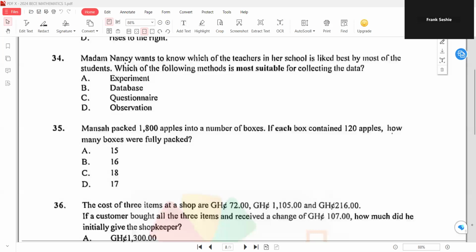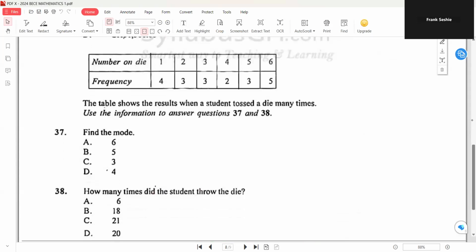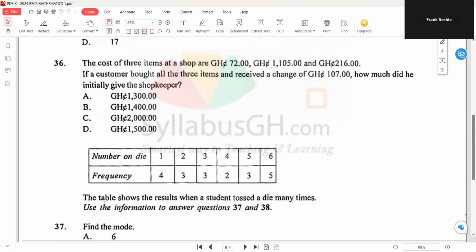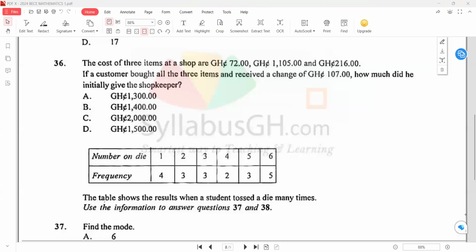Question 36. The cost of three items at the shop are 72 cedis, 1,105 cedis, and 416 cedis. If a customer bought all three items and received a change of 107 Ghana cedis, how much did the customer initially give the shopkeeper? So you know that if you subtract the total cost from the amount the customer gave,